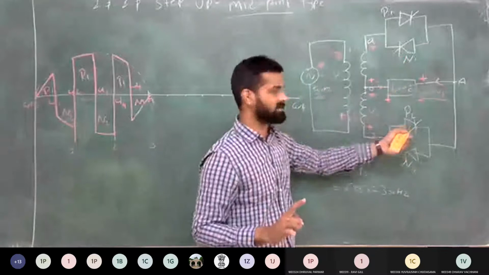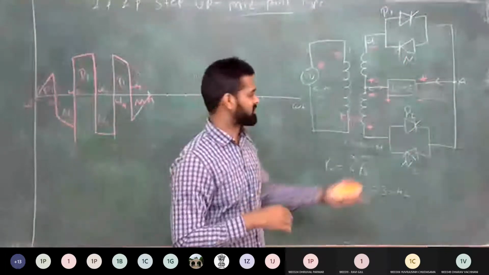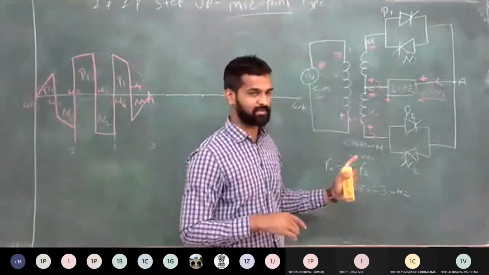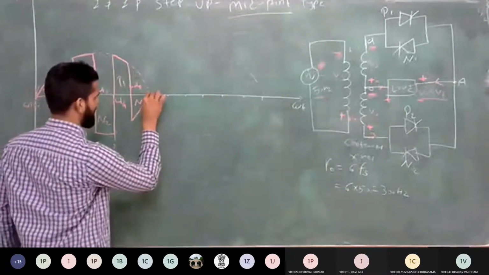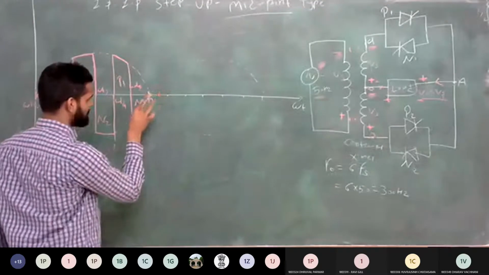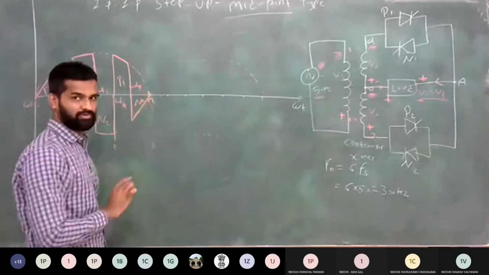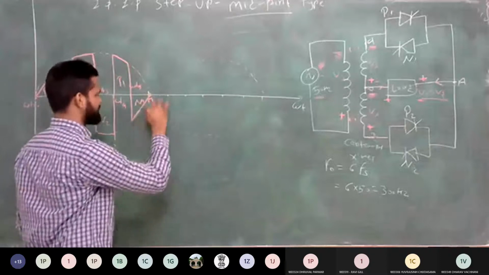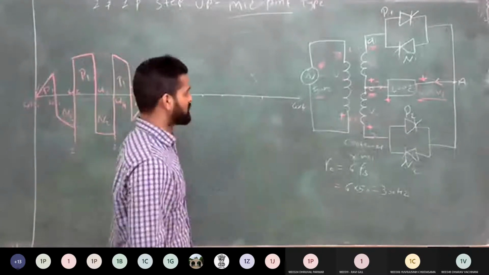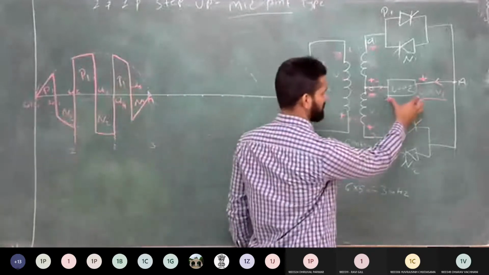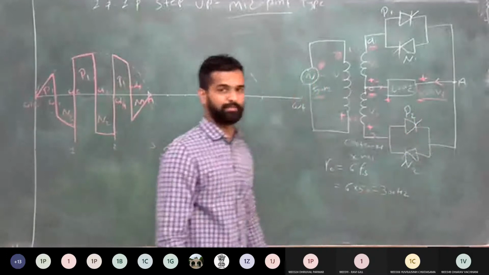Clear? Both are forward biased, but depending upon the requirement of voltage, positive or negative, we turn on the respective thyristor. So you can see that at this pi angle, before this pi angle, you just completed this negative cycle by N2. So after the negative cycle, again, what will start? The positive cycle. So to get the positive voltage across the load side, you must turn on this thyristor P2.